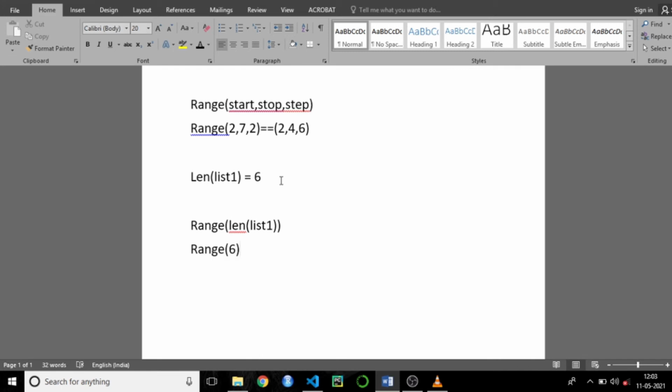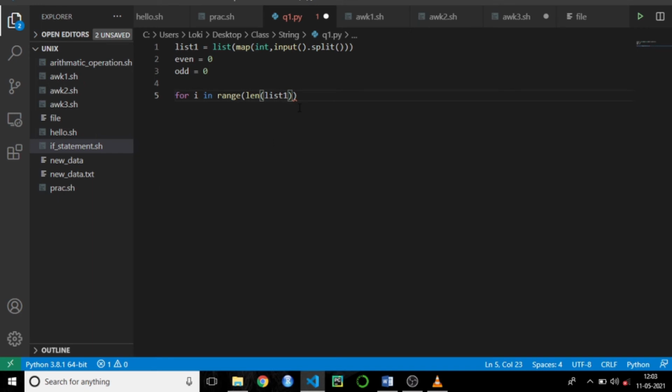As I explained earlier, it will start from 0 and go up to 5. This is how range of length of list works in this code. So here I will start from 0 and go up to the length of list 1.